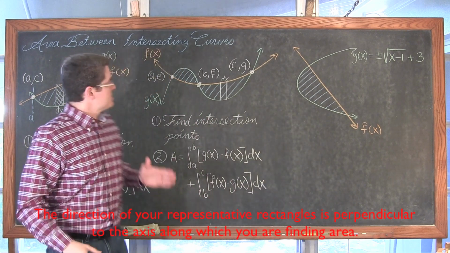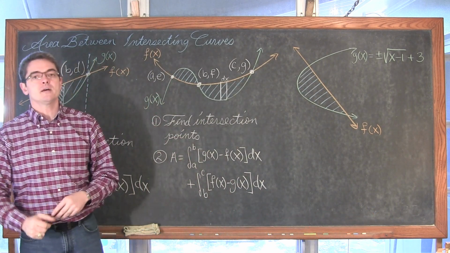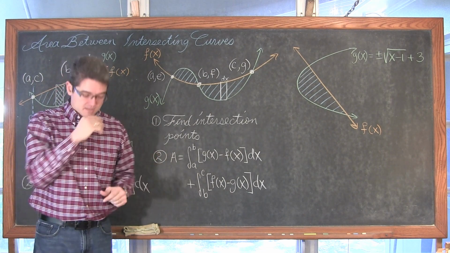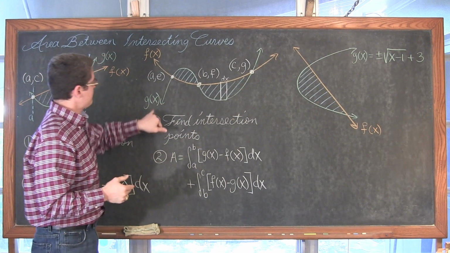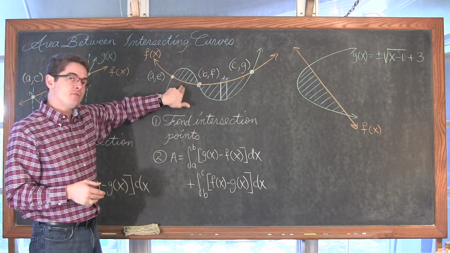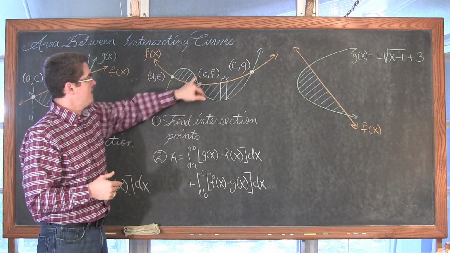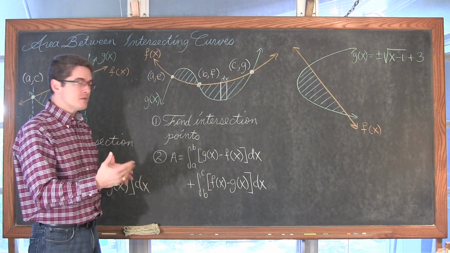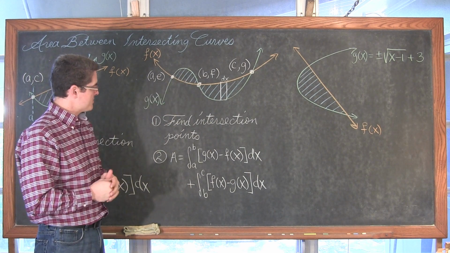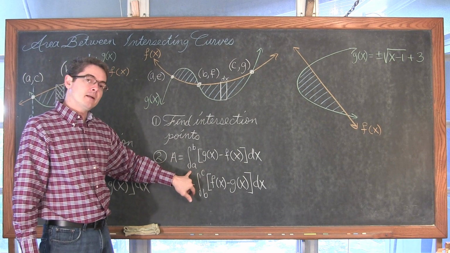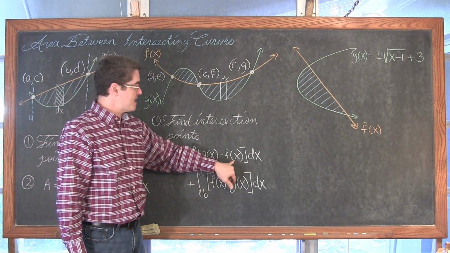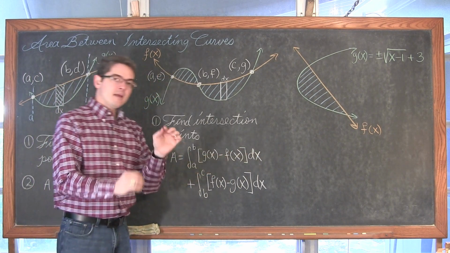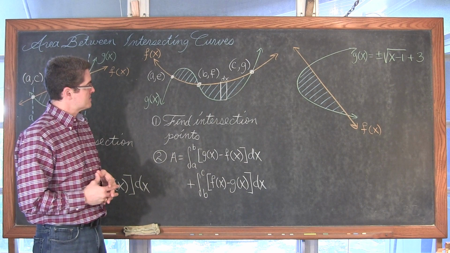Okay, well, if we have functions which intersect more than just twice, and thus they're going to set up multiple areas which we have to find the area of and then add up all those pieces, well, in this graph we have function g of x greater than function f of x between the intersection points of A, E and B, F. So, okay, we'll find the area of that portion, or that area bound by the intersecting graphs, by doing the area is equal to the definite integral from a to b of g of x minus f of x dx. Again, using vertical rectangles and having the widths defined as delta x, we'll be integrating with respect to x.